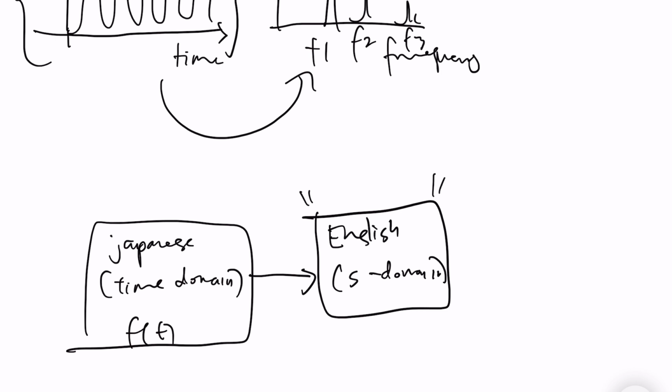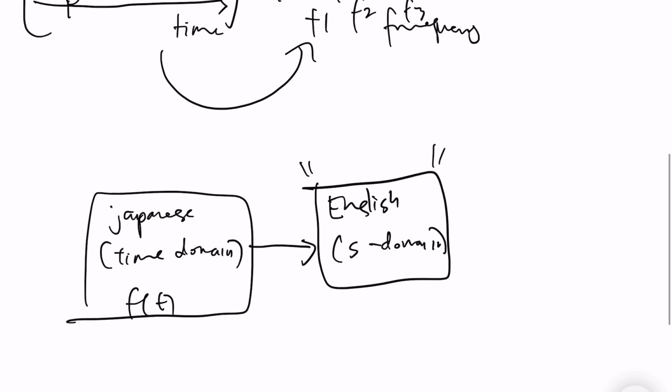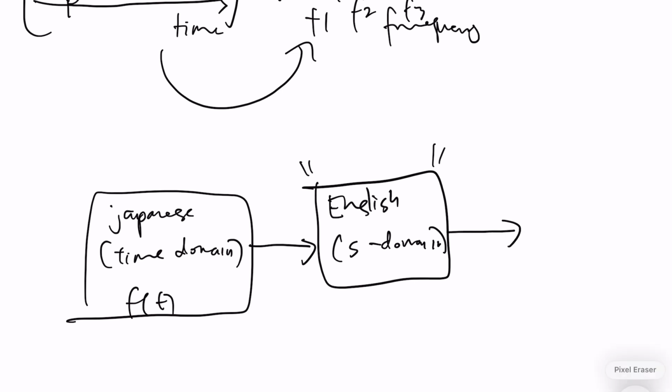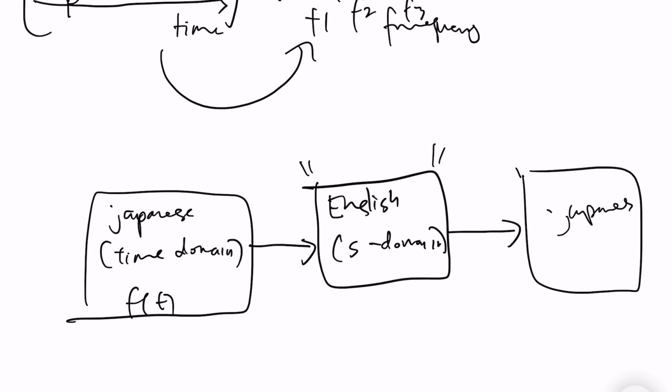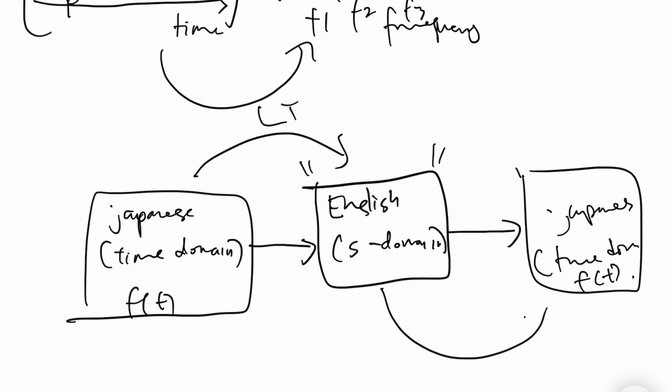And then you can translate the answer back to Japanese using what we call the inverse Laplace transform. So when you have already solved the problem, you can convert it again to Japanese, which is the time domain, or we call it FT. So Japanese to English, we use Laplace transform, and English to Japanese, this way we call the inverse Laplace transform. Okay,